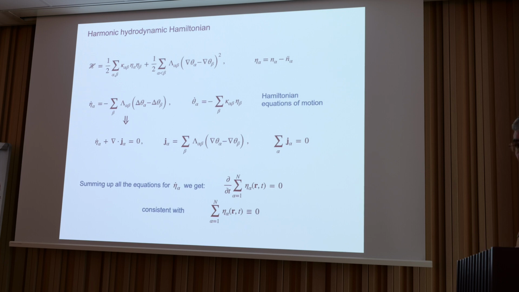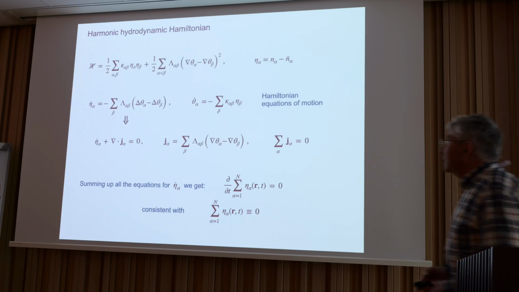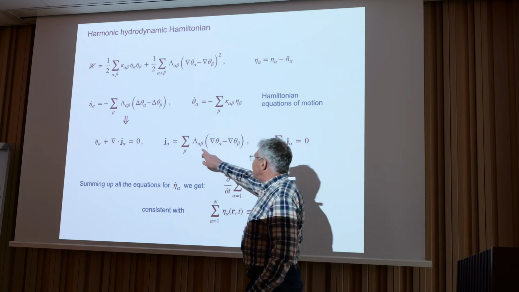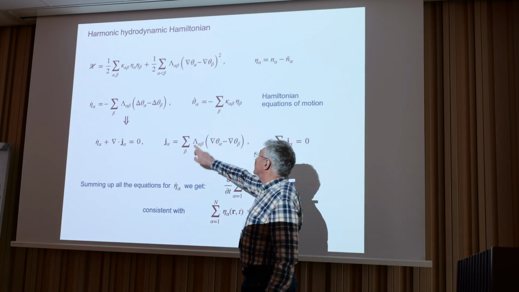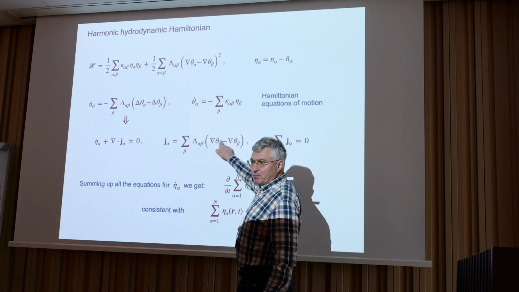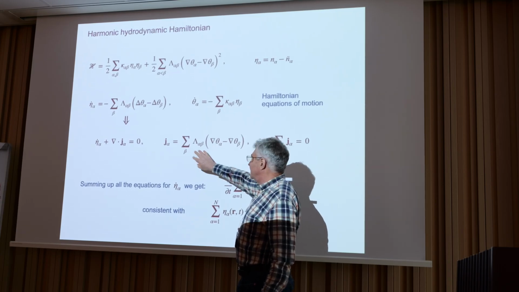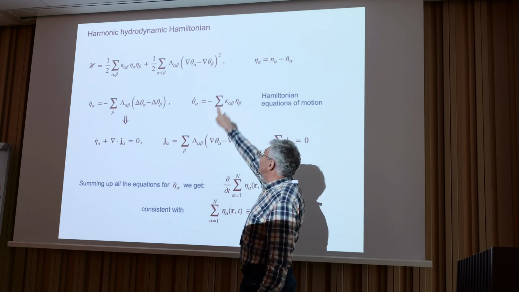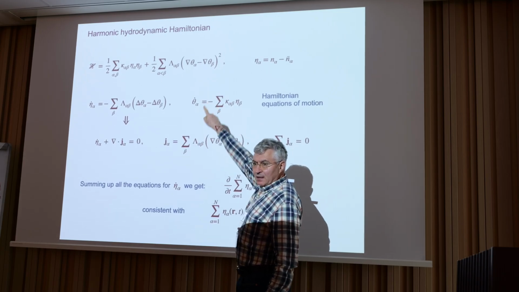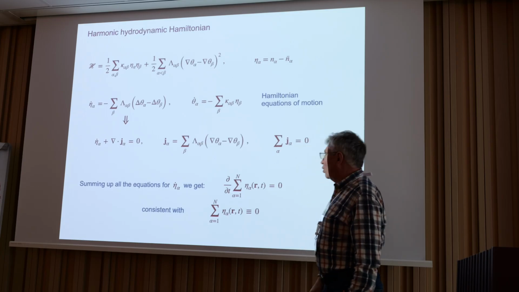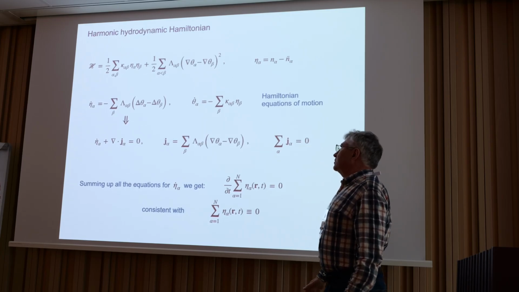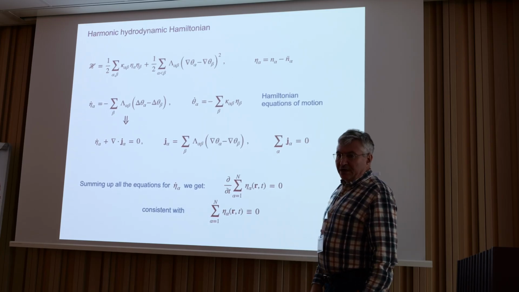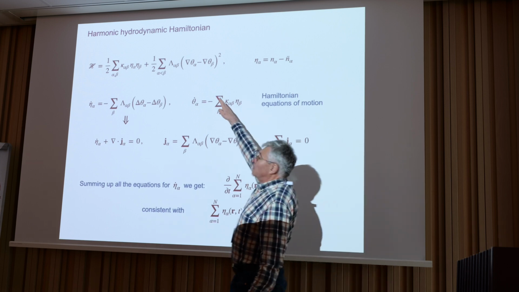So it's a property of lambda alpha beta? Say it again? It's a property of lambda? Absolutely not. Those guys can be everything. Okay, but it's a property of a symmetric matrix. It's the property of only this difference. This can be absolutely everything. This is irrelevant. What is relevant is those differences. But I guess it has to be a symmetric matrix, right? Without loss of generality, because you can always symmetrize it. Yeah, okay.